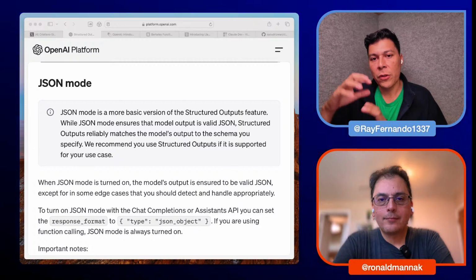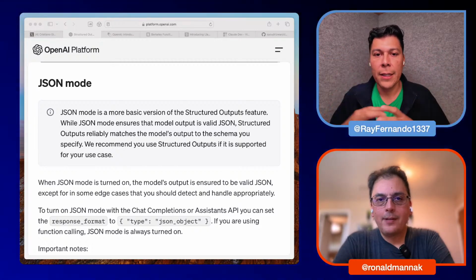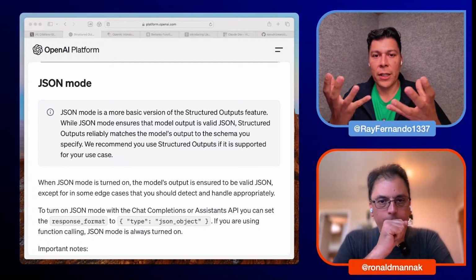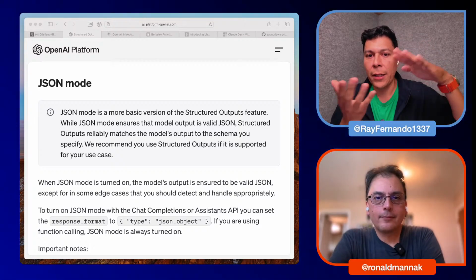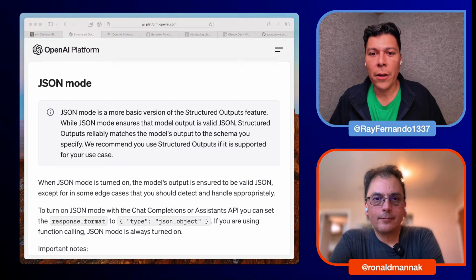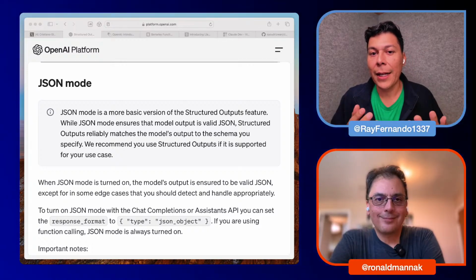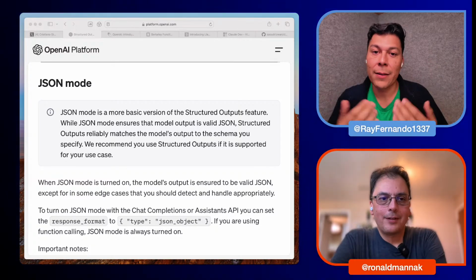People abstract that and say, okay, I'll have a designer work on the user interfaces, and they'll set up a type so that whenever the data comes in, it bubbles up into the user interface. That way you don't have to worry about updating code in both places; you can just have placeholders for things. There is one problem, unfortunately: when you do this with OpenAI, it can make up fields or not return things consistently.